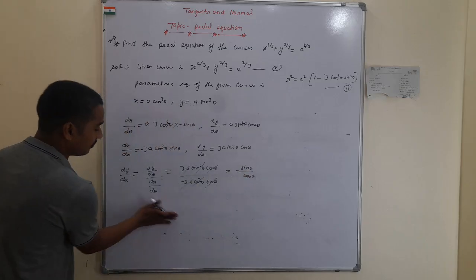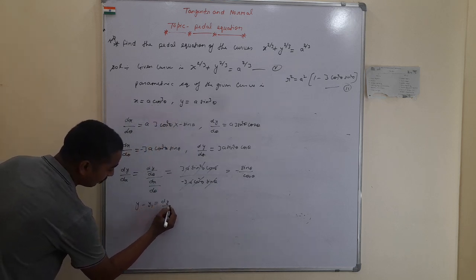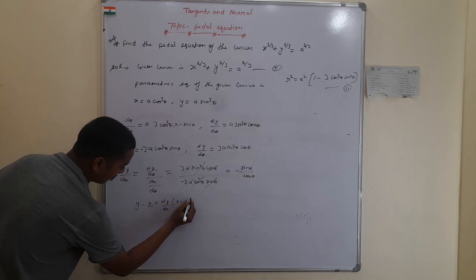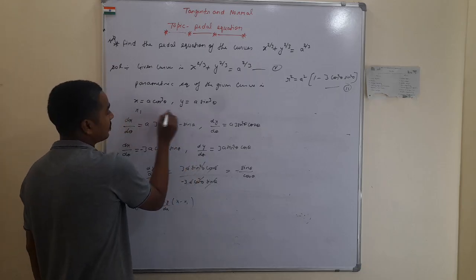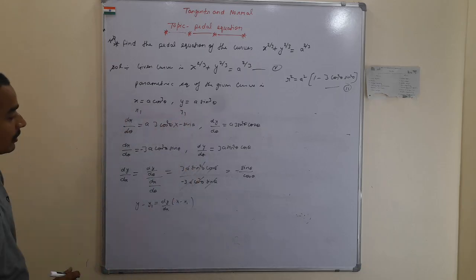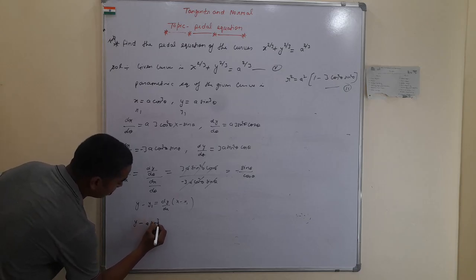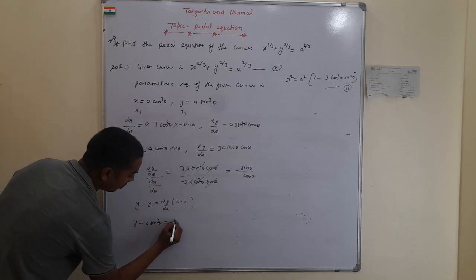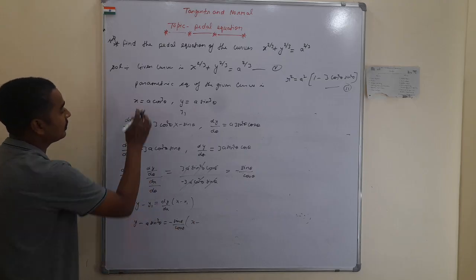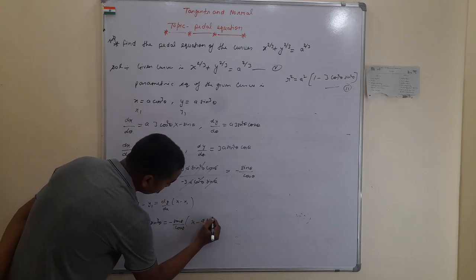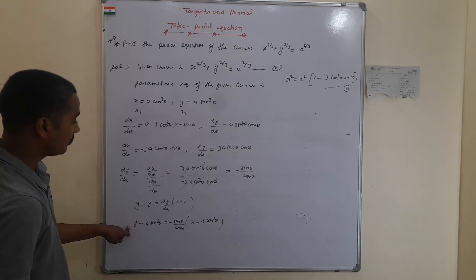and we have to find the equation of tangent here. Equation of tangent is given by y minus y1 is equal to dy upon dx into x minus x1. Let's suppose the parametric equation is, this is x1 and this is y1. So putting in the equation of tangent, we get here y minus a into sin cube theta is equal to dy upon dx, which is minus sin theta upon cos theta, into x minus x1, which is given by here a into cos cube theta. Further we have to solve it, we have to cross multiply with these terms once again.